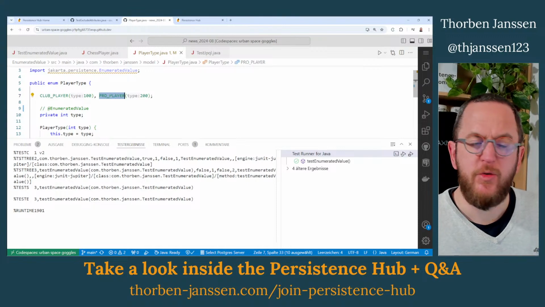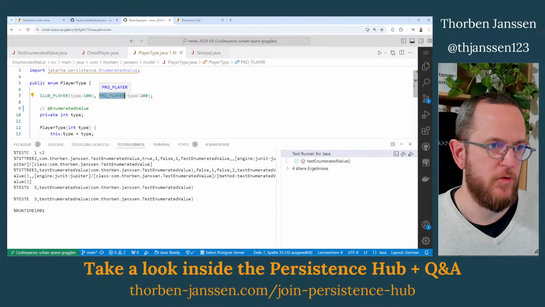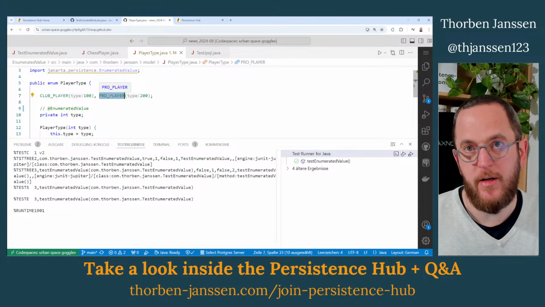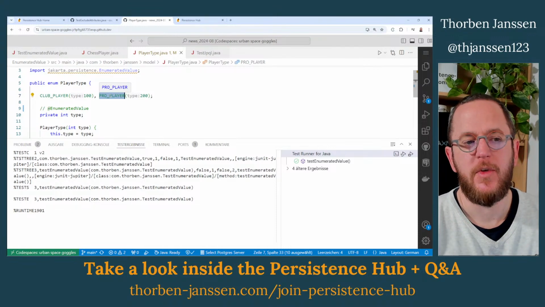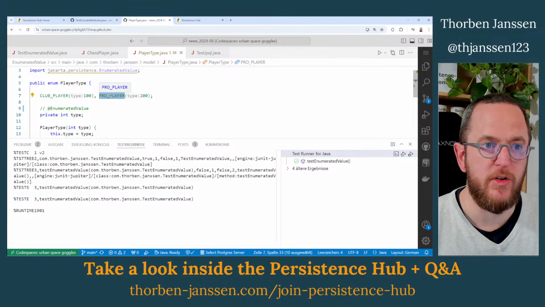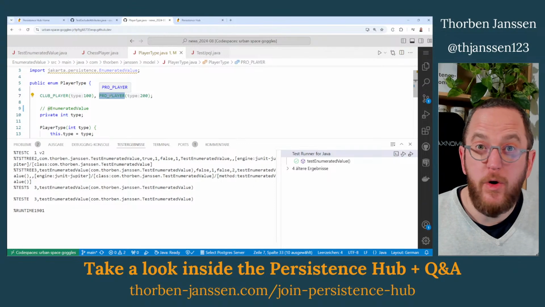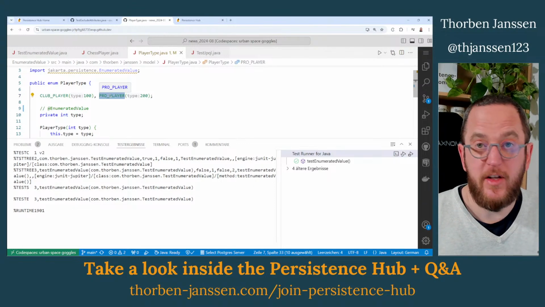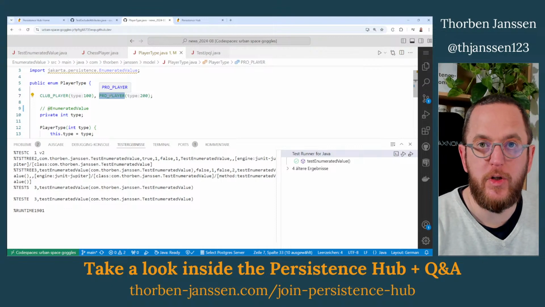And that means as soon as you change the order, add something in the middle, or remove something that's not the last element, the ordinal of all other elements changes, which is very annoying when you do that on an application that's already deployed in production, because technically your application will still work, just all the enum values that you get back from the database will be wrong, because now your mapping is different to when you wrote that record.